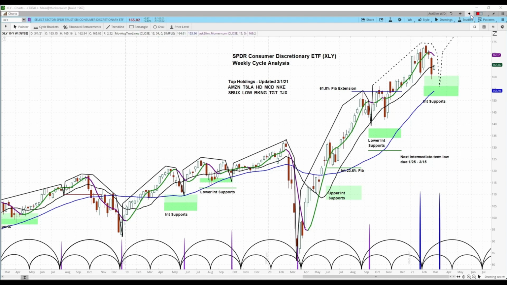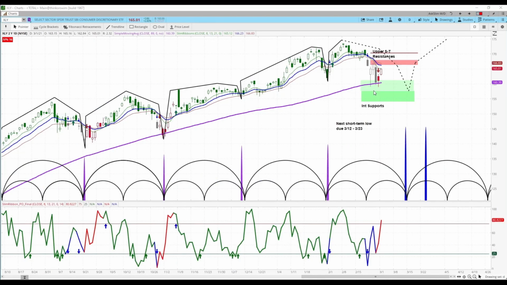So let's go ahead and look at the daily chart. On the daily chart, what we have here is a dominant cycle, which is then broken up into minor half cycles here as well. The dominant cycle has now turned over, and we are in a corrective period on that dominant cycle. Now there is a mid-cycle low due here, and that low has formed, and we are in a rising phase